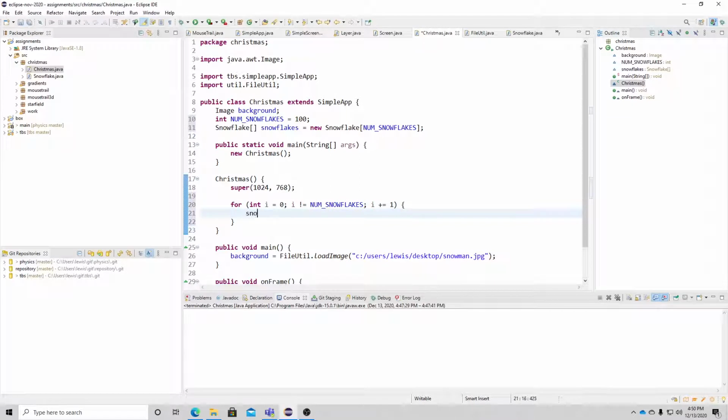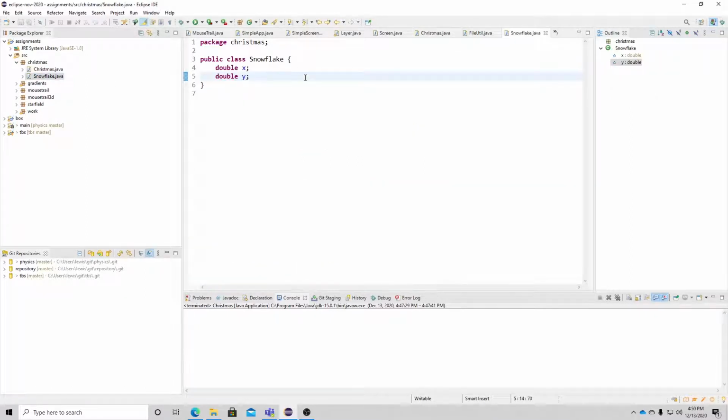And then what I do is I put into the snowflake array at location i a new snowflake like that. Okay, now I want all of the snowflakes to be at random positions on the screen. And I know my screen has these dimensions. So let's go to Snowflake, and we're going to write a constructor which sets x and y to random coordinates